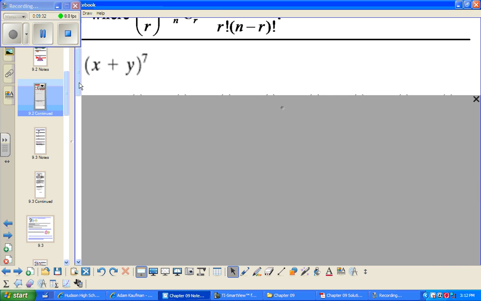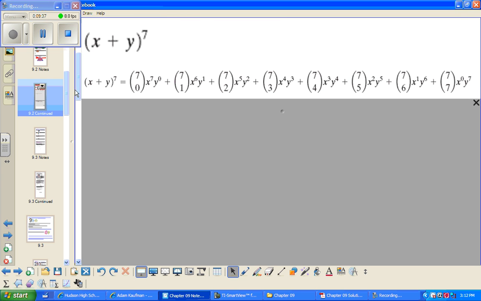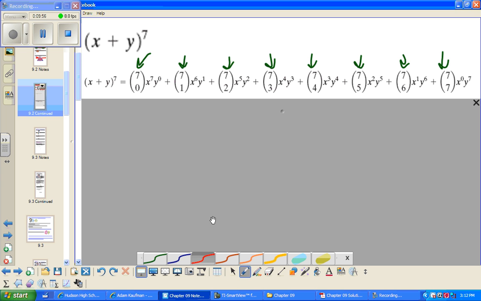If I was going to expand x plus y to the 7th, well, then the starting coefficient would be 7 choose 0 for the first term, 7 choose 1 for the second, 7 choose 2, 7 choose 3, and so on, all the way down the line. And my first term in the binomial is an x. So I start with x raised to the n, which was 7. So I've got x to the 7th, x to the 6th in the second term, x to the 5th in the third, and so on,